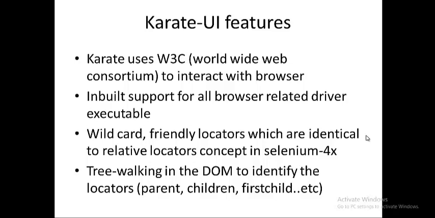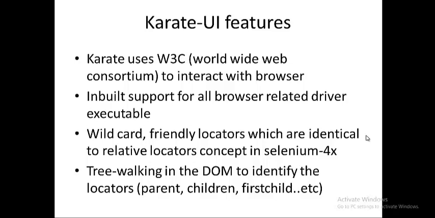And this was already there in Protractor. Protractor has an offering where you can narrow the scope of your DOM so that you can find an element efficiently, and you can traverse from one thing to another. We were managing that with XPath, but that can be done through friendly locators as well. So these Karate features, wildcard entry and friendly locators, look very efficient, and they make it easier for anybody to locate an element. You need not spend your time writing complex XPaths.